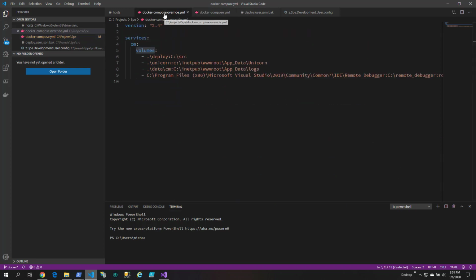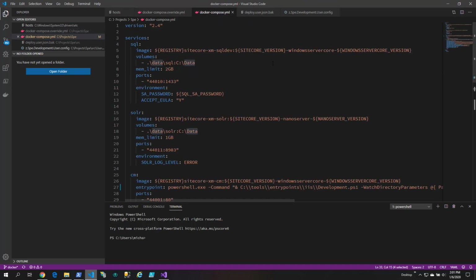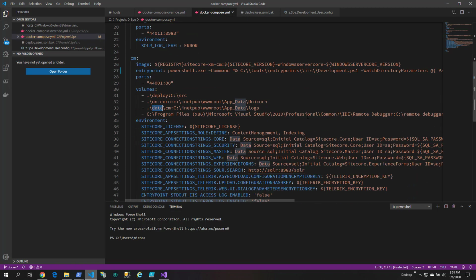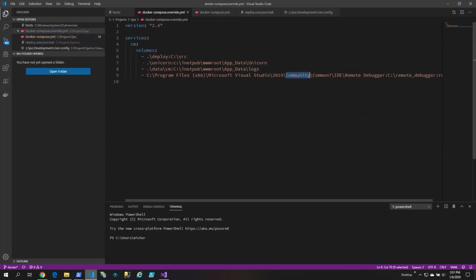There is an override file optionally you can create, and the purpose of this for me was on my machine that I'm developing with. I'm using a community version of Visual Studio, and most people contributing might be working from their office and using a professional or enterprise. So if you want to make some changes to whatever's in this compose file, create an override file, and then